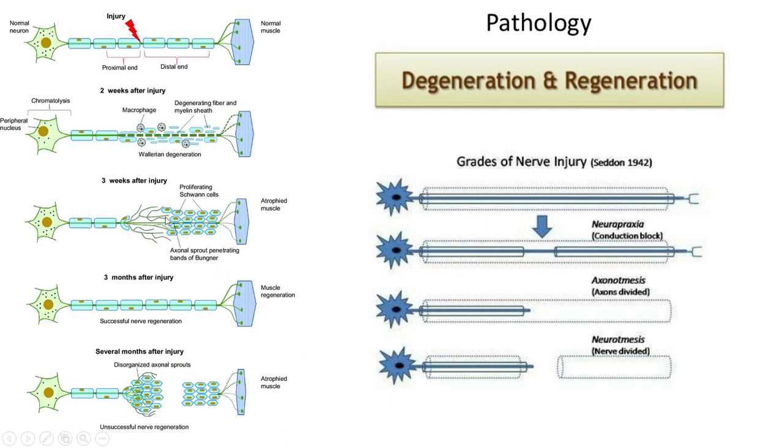And there is a term called motor march. Motor march means, suppose this nerve supplies this muscle, but this nerve fiber supplies the distal part of this muscle. Now when this nerve regenerates, first this muscle gets activated, then this muscle, then this muscle. So the muscle activation or reactivation acts like jumping. So this is called motor march.